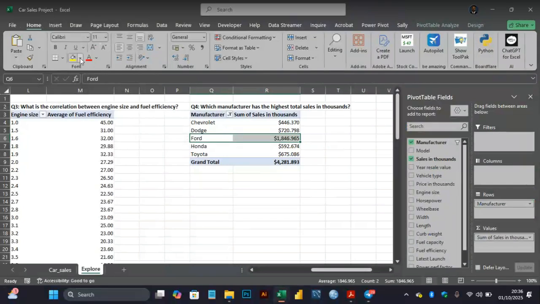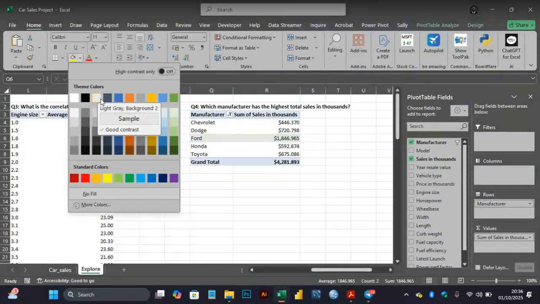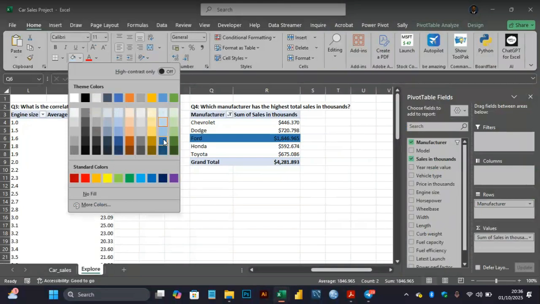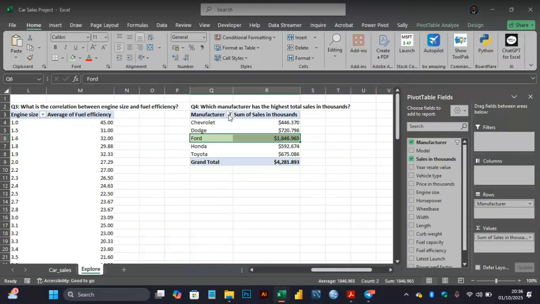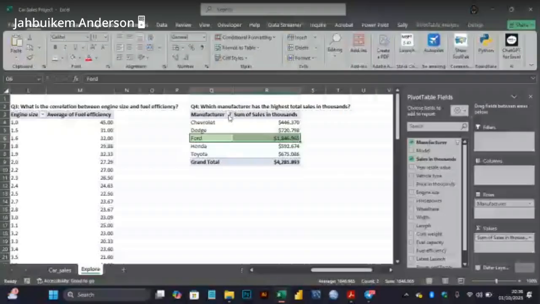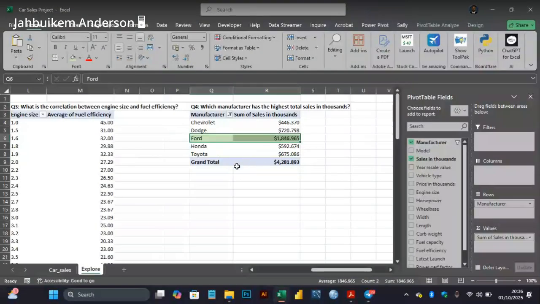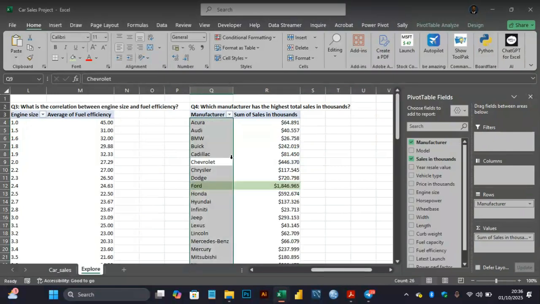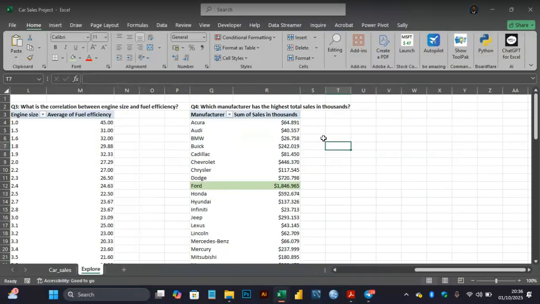So I'm going to highlight Ford with a color. This is easily done, so that I can actually see it with ease in case I might misplace it or something. So let's just pick something fine. So say that we are not going to be using this, all right, because we have to get the entire manufacturer first. Then in that, we have to look into the highest of them all. So let's just clear the filter by clicking on this, and then clear filter from manufacturer. Then we have this. So Ford is, I want to write here, Ford is the